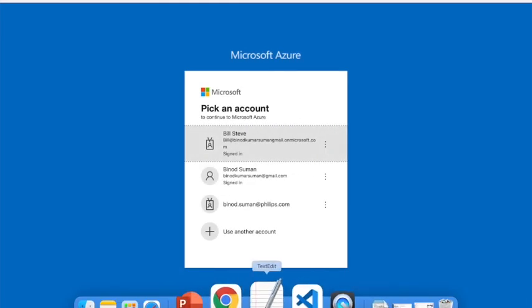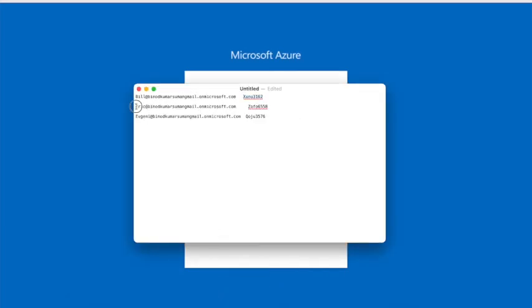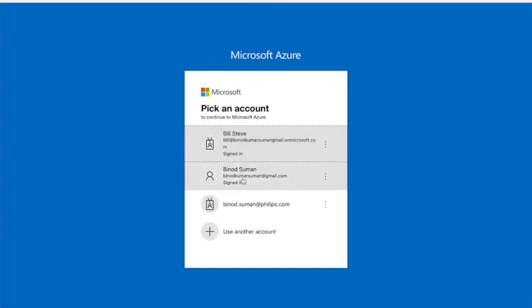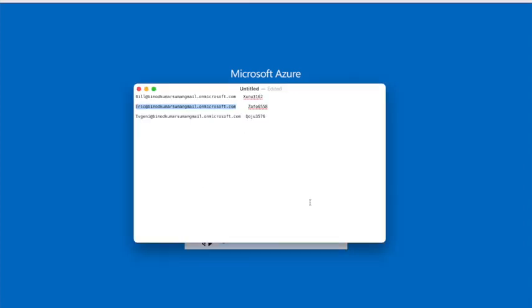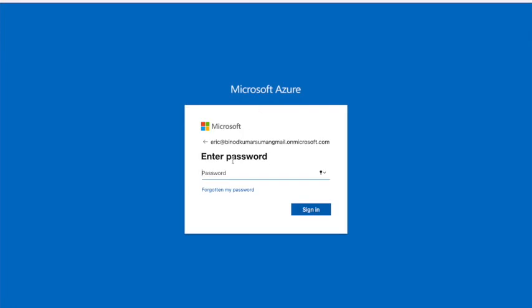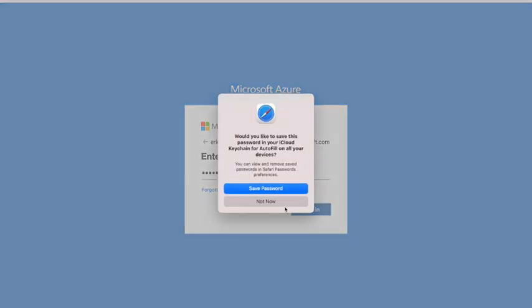For that, let me go to the Eric account, add a different user, Eric and his password, and we have to change the password also.